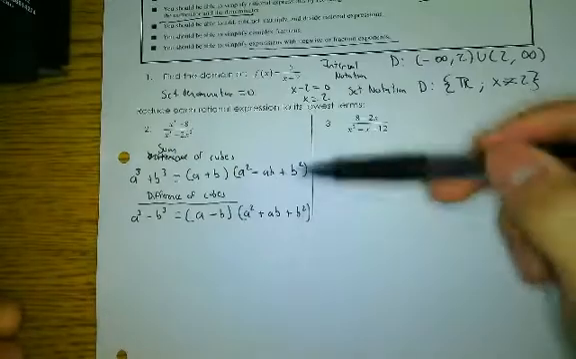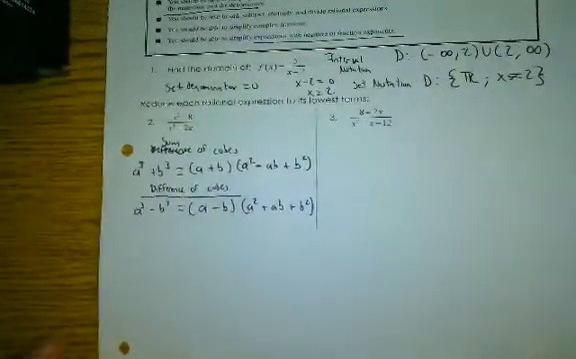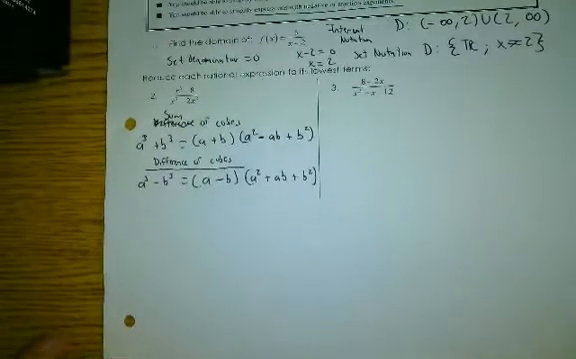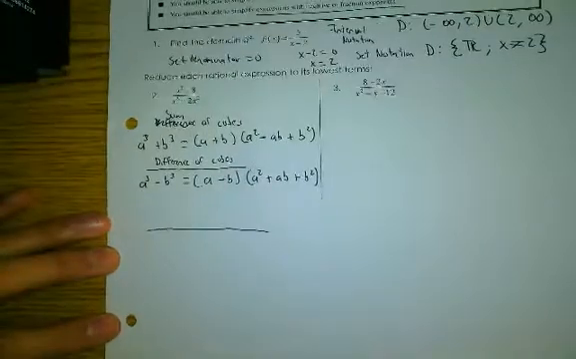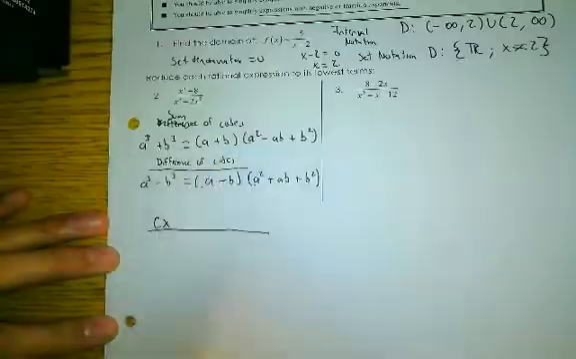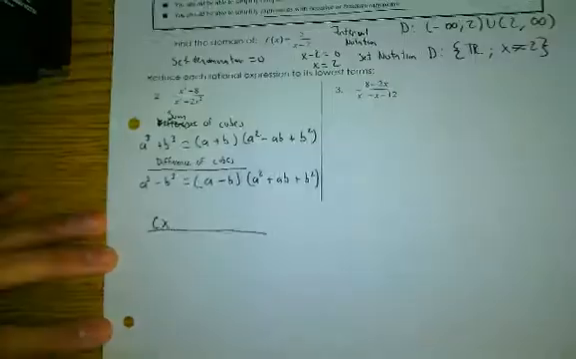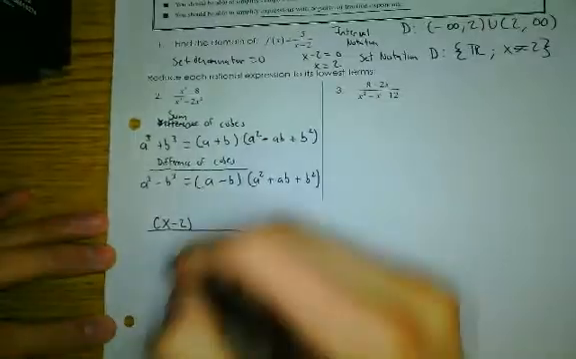If you don't know this, or if this is the first time you've ever seen this, you need to memorize them. Okay? So now we're going to apply them to this problem. So number 2, look at the numerator. You have a difference of cubes. What's the cube root of x to the third? Well, it's going to be x. What's the cube root of 8? 2. So it's going to be x minus 2 times